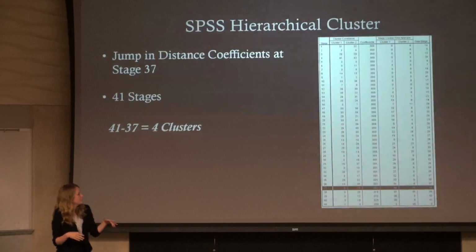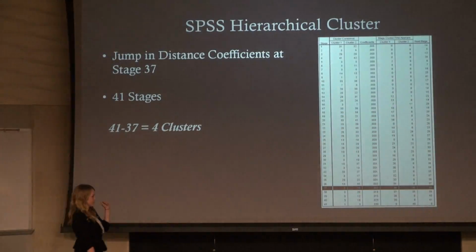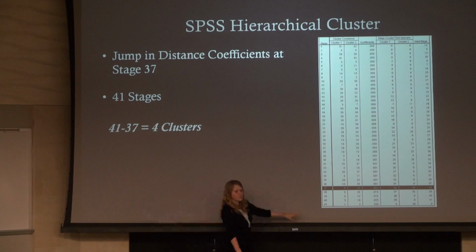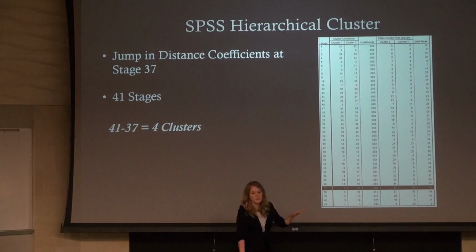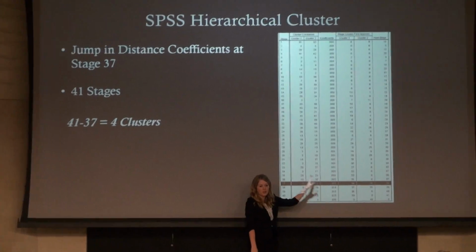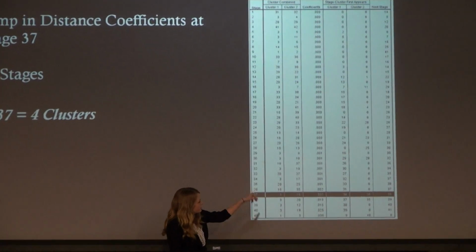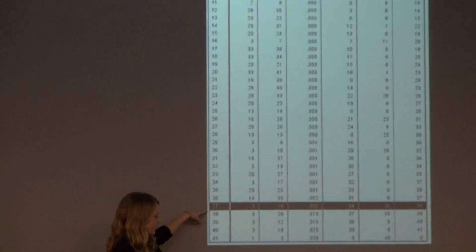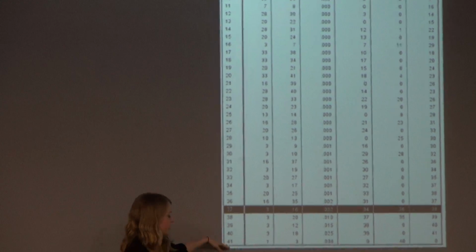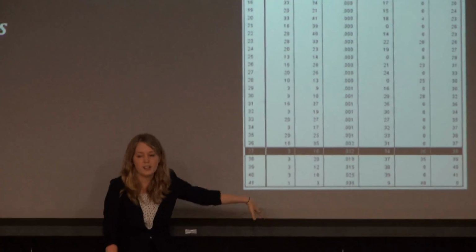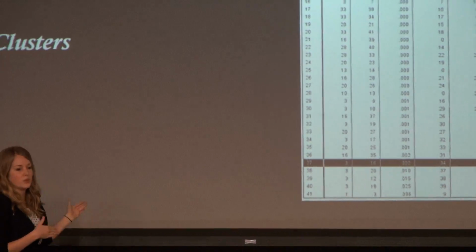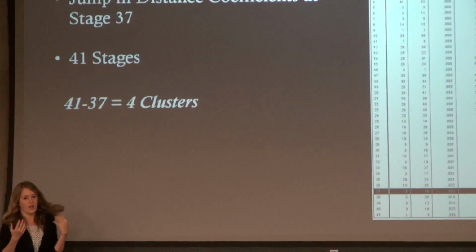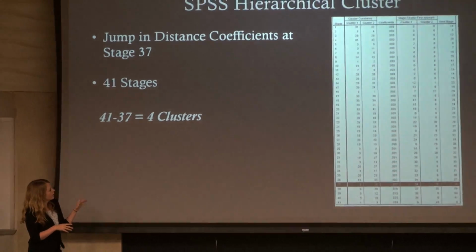So if you go to the next slide, SPSS has this agglomeration schedule, and that's how you find the different clusters. It looks really confusing, and I don't know if you can see very well, but this middle column is the mean distances from every address. What you have to do is look at where that coefficient jumps. That was here at stage 37, where it had its first jump. Since there were 41 stages, you subtract the stage where that jump occurs from the number of stages, and that'll give you an average cluster amount. So that was 4 clusters.